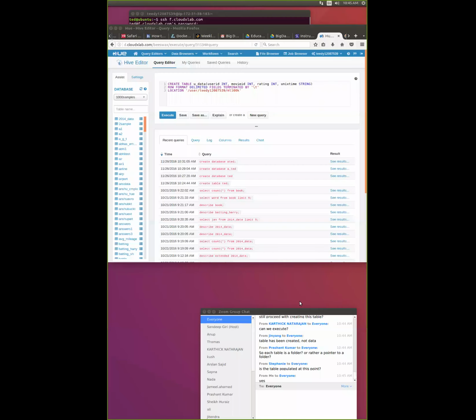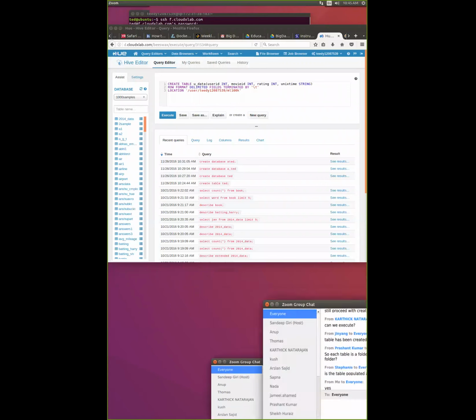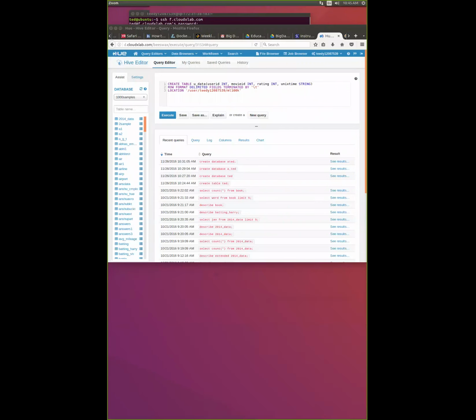Stephanie's question is, is the table populated at this point? Yes. Each table is a folder? Yes. Each table basically has a location, which is a folder.